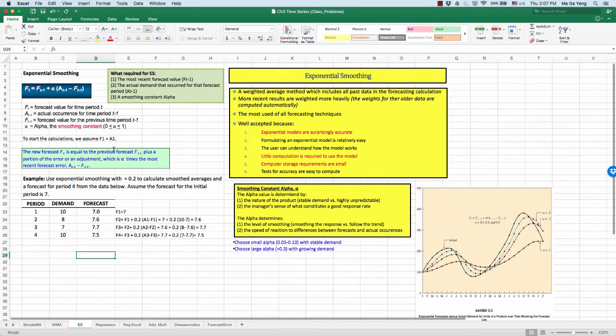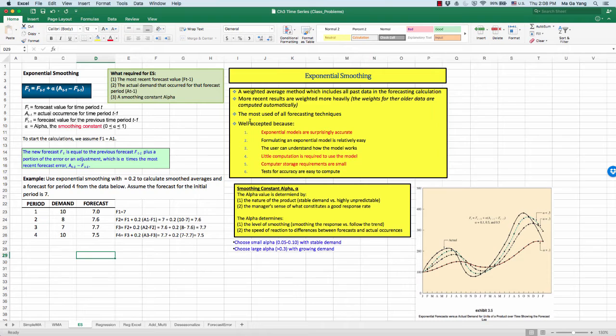So in this exponential smoothing method, we do not have to carry a large amount of historical data to forecast the future. We only need three pieces of information. One is the most recent forecasted value, which is F(t-1), and the actual demand that occurred for that forecasted period, which is A(t-1). And lastly, the smoothing constant alpha, which determines the response rate. So here,